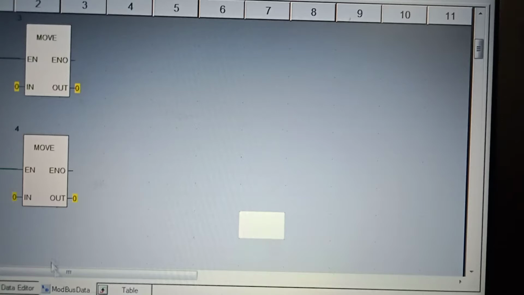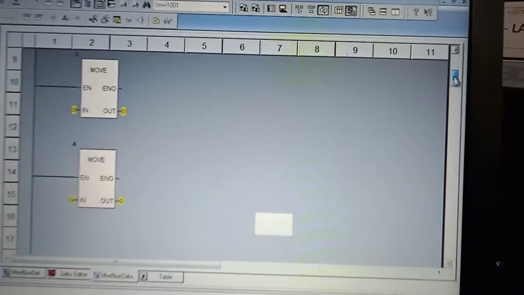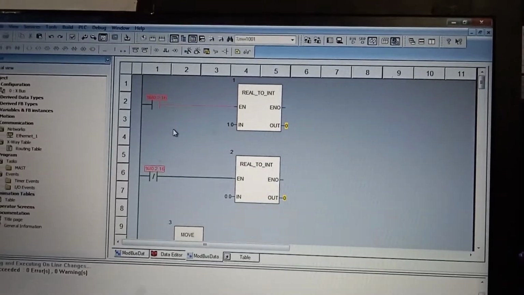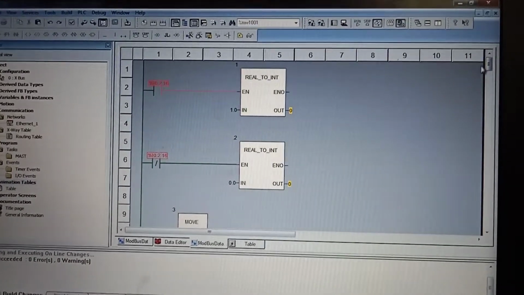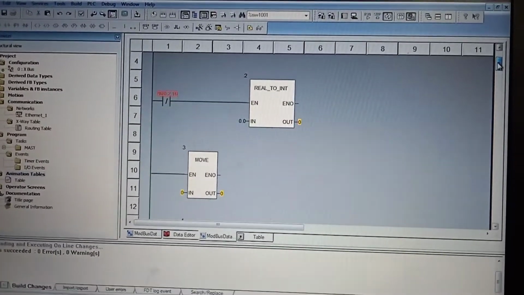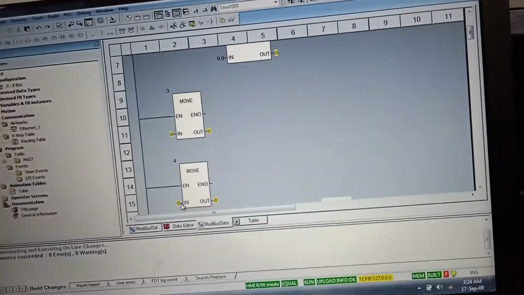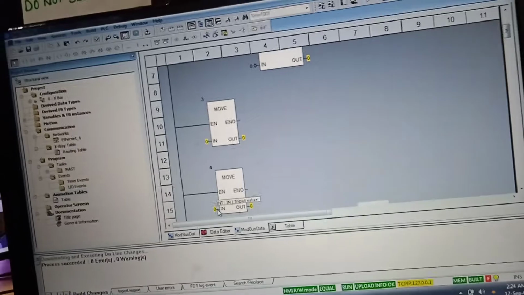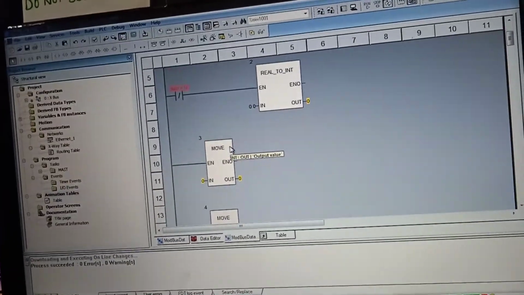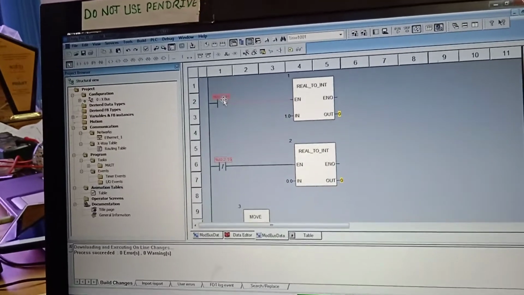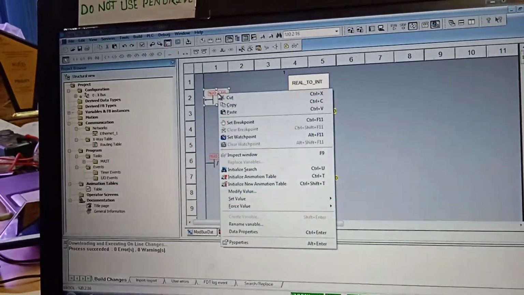This contact is the digital one, and as I told, this other is for analog data. That pin is connected to nothing, that's why it is transferring 0. So let us force it.